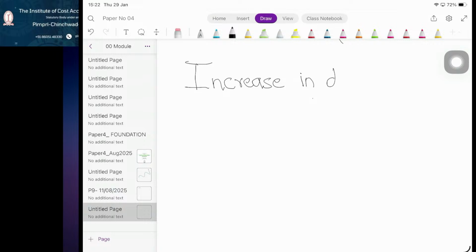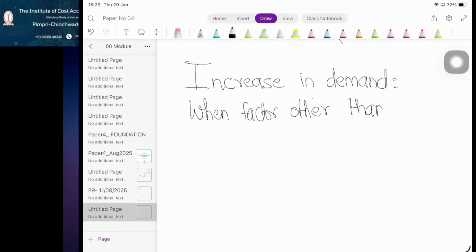And of course, contrariwise, we can also cite decrease in demand when a factor other than price changes and